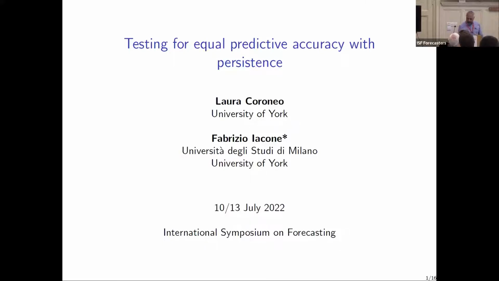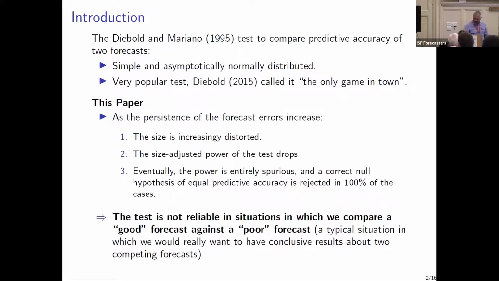We will be dealing with testing for equal predictive accuracy when there is persistence. So we will take a look at the Diebold and Mariano test when there is persistence. Why do we do this? Well, because I've seen the Diebold-Mariano test mentioned many times in the last 2 days, and so I think it's nice to take another look at it. It's a very popular test, and it's super nice because it has a very nice standard distribution. Diebold called it the only game in town, and I think it was onto something considering the success of the test. And so we said, okay, let's see what happens